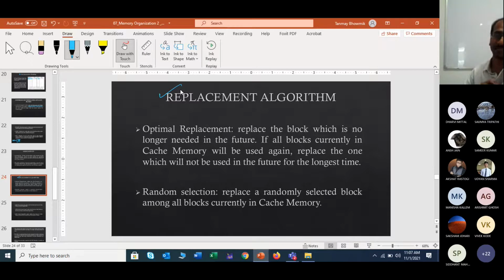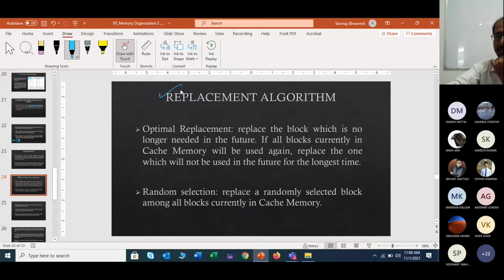Now the point is, which data will you update? You don't know, right? One point you can think is that this data is no longer being used, so I can update it. During many days I have not used this data, so I can update it. But who can say that the next day you will not need this data again?